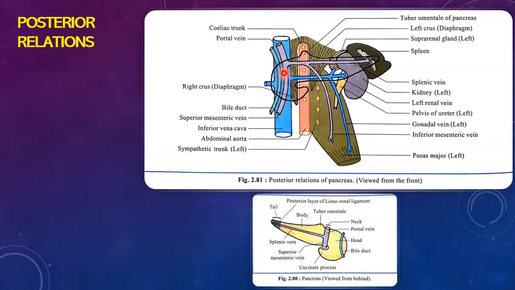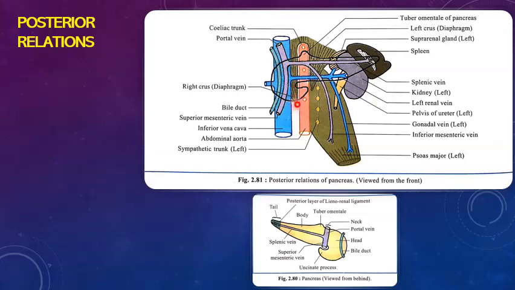And coming to the relations, what are the structures that you are seeing in this line? This one is the inferior vena cava with both the renal veins. This is the right renal vein and this is the left renal vein. Renal vein is the vein that is draining the kidneys. This is on the left side. The right side is not shown here, but some part of the right renal vein we are able to see. So the inferior vena cava along with the right and left renal veins forms one posterior relation.